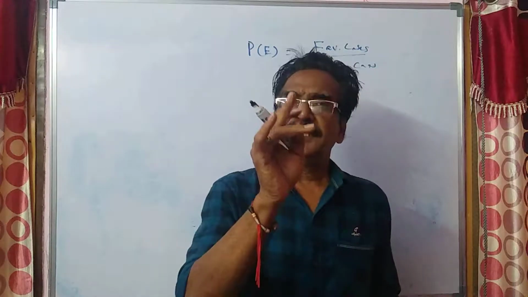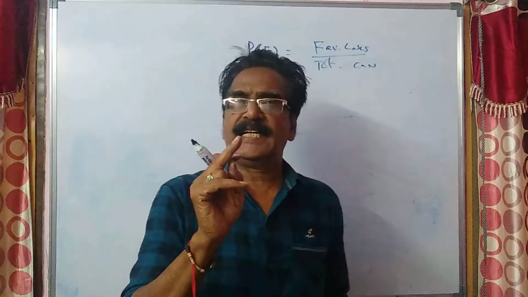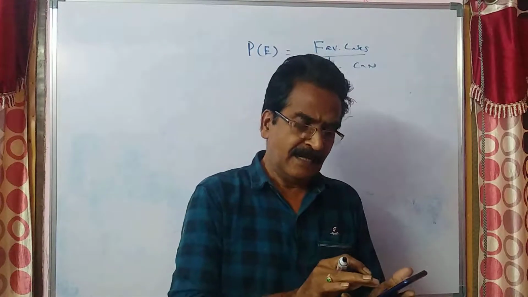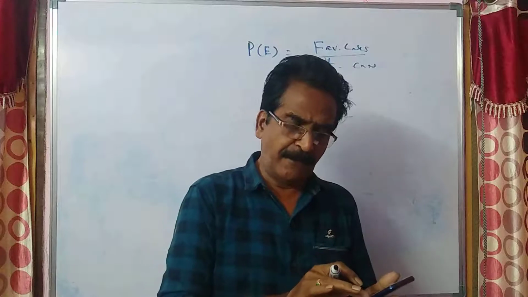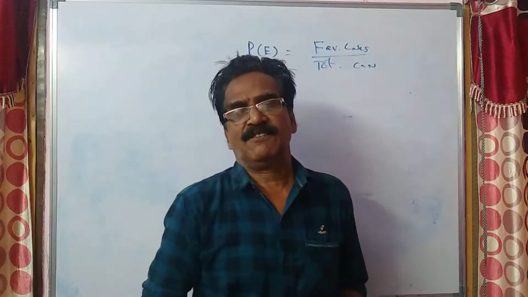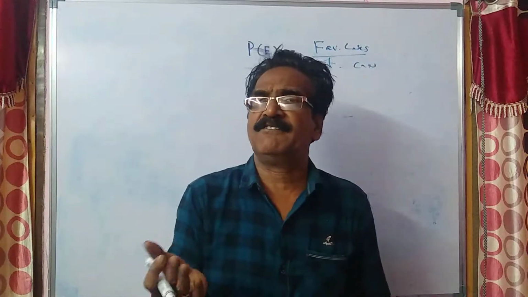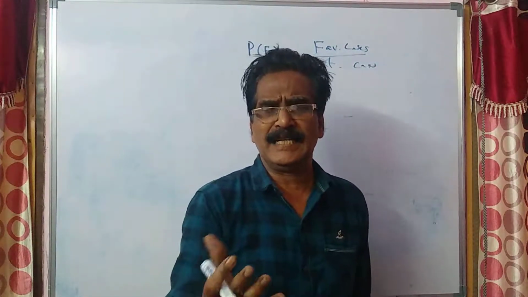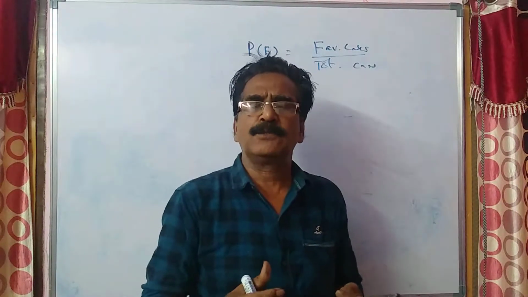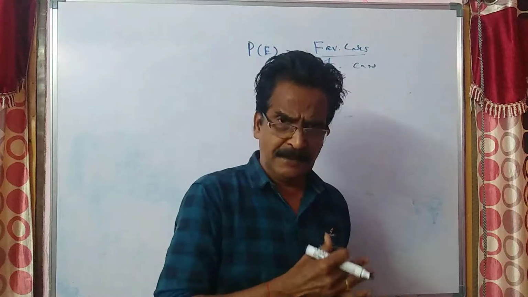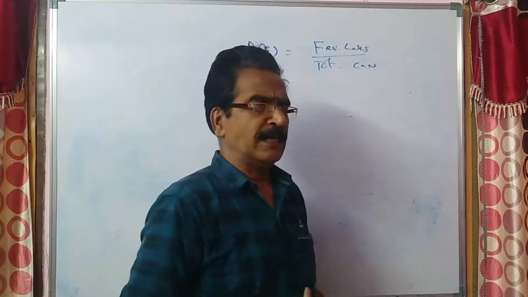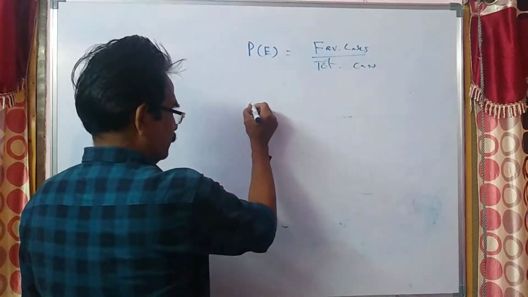See, two letters are selected randomly, or simultaneously, from the English alphabet. What is the probability that one is a consonant and one is a vowel? This is just like there are five green balls and four red balls. Two balls are drawn. What is the probability that one ball is red and one ball is green? So such a type of problem is this.